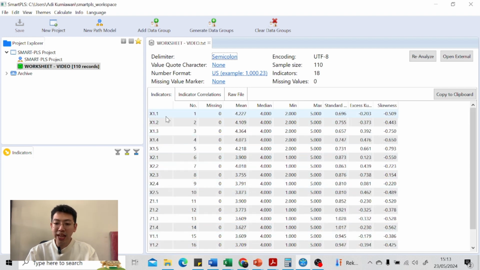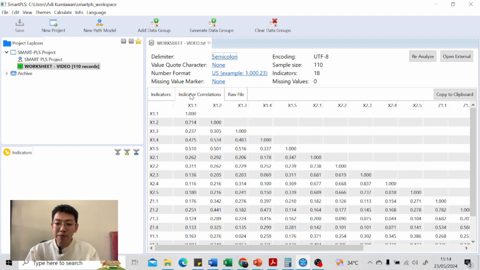Here guys, you can see there is the mean, median, minimum value, maximum value, standard deviation, excess kurtosis, and skewness for each indicator. In the next step, you can see the indicator correlation. So the correlation between each indicator. This is indicator between X1.1 and also X1.2.